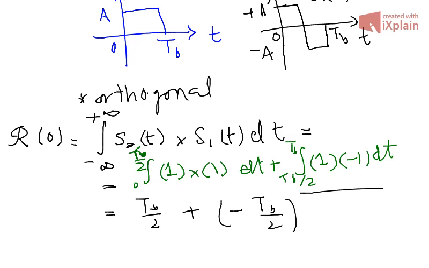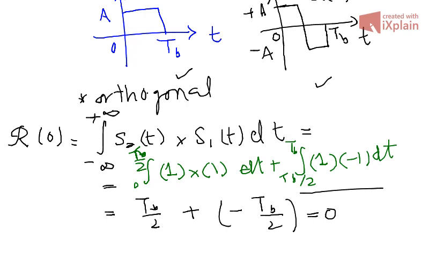From here you would get minus t sub b over 2, and actually it is 0. So you can verify that these two waveforms are orthogonal. We would use these two waveforms for transmission of binary data, and we would see that our signal at the